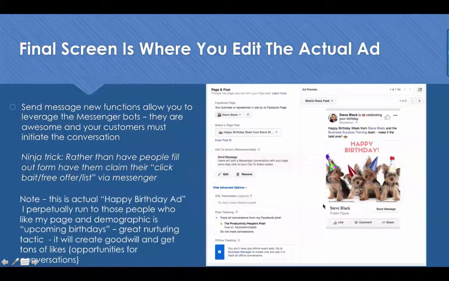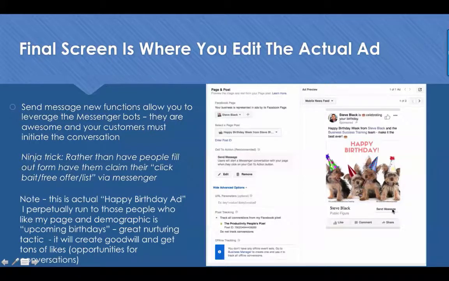Now, there's different options where it'll say buy now or learn more. Your 2 most popular, make a note, is either send message or learn more. The other ones are too committed, like call now. People are like, well, I like it, but I don't want to call my question in. I'll just make a comment below. But this is very non-confrontational.